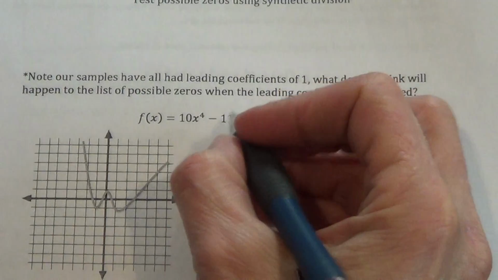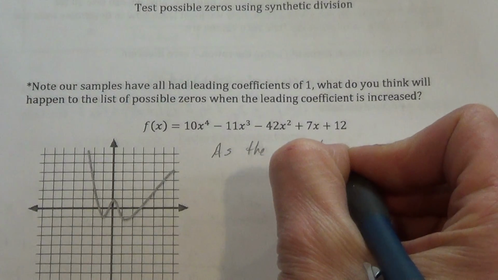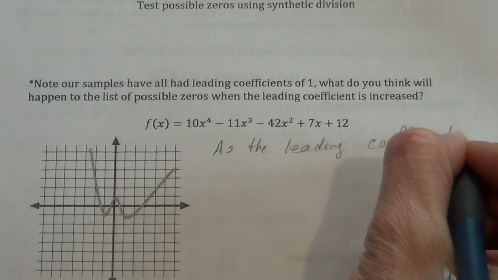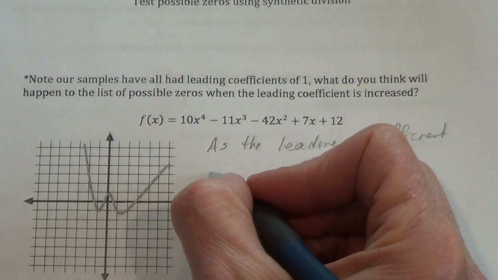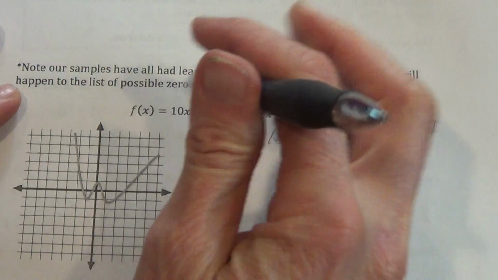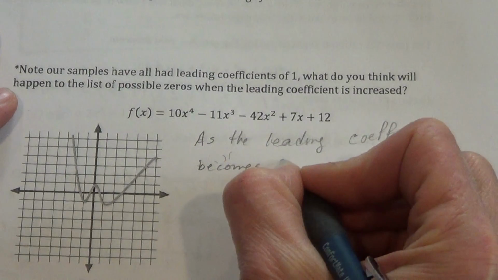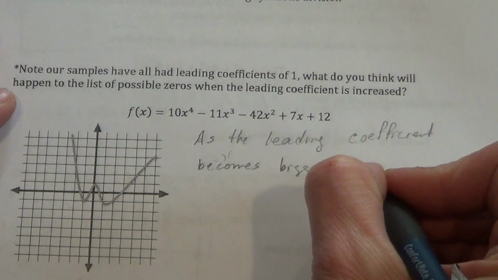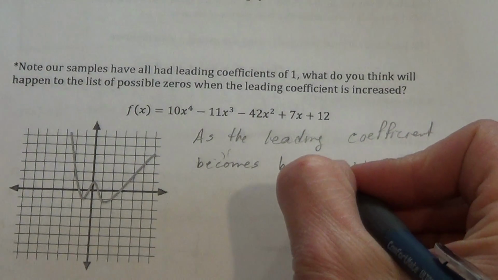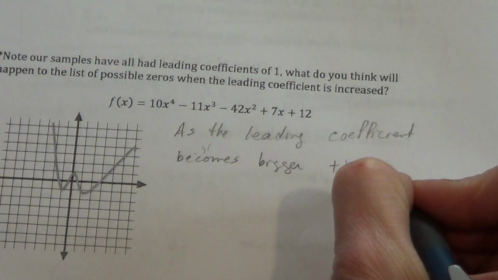Well, as the leading coefficient becomes bigger, the possible zeros